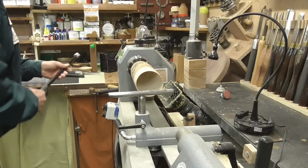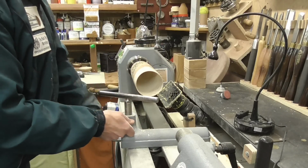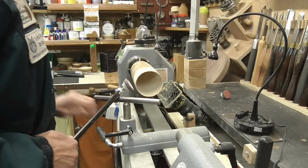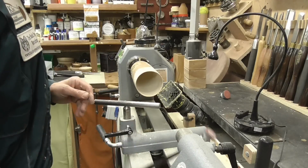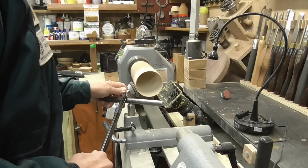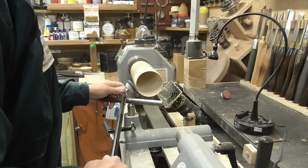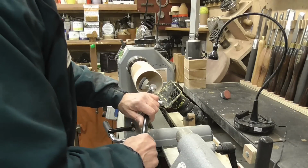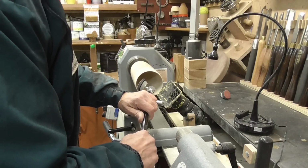The other thing to note, that if you've got a live edge, you could use the system again with your hands well away, and as long as you drop the tool rest and play it from underneath so it doesn't catch, you can do your live edge as well, and you can do the same on the inside by finding that sweet spot on the bottom, and your hands are well away